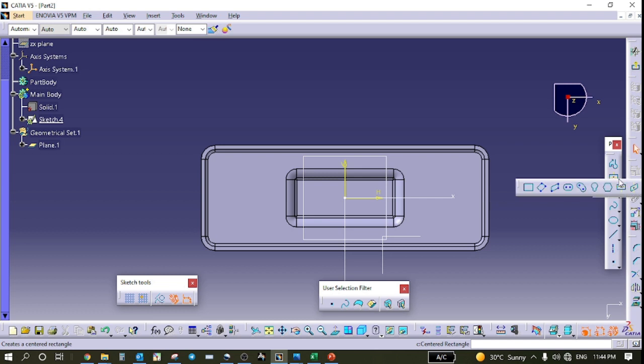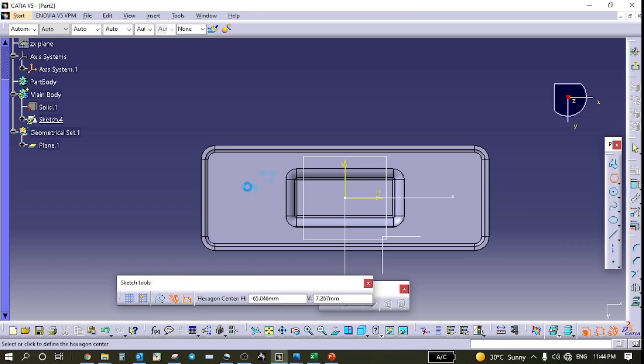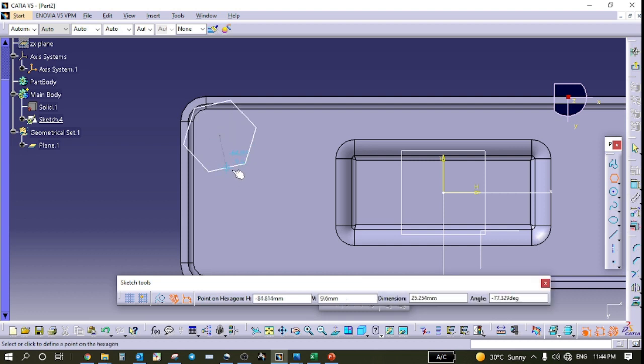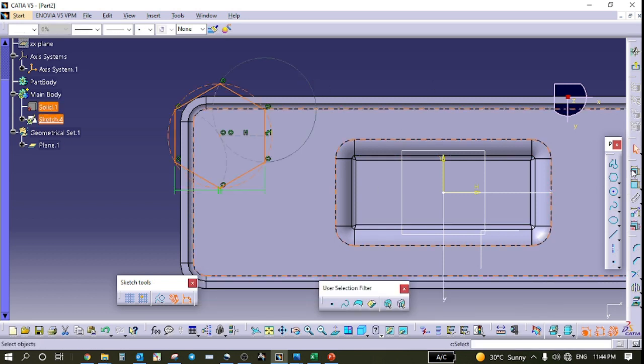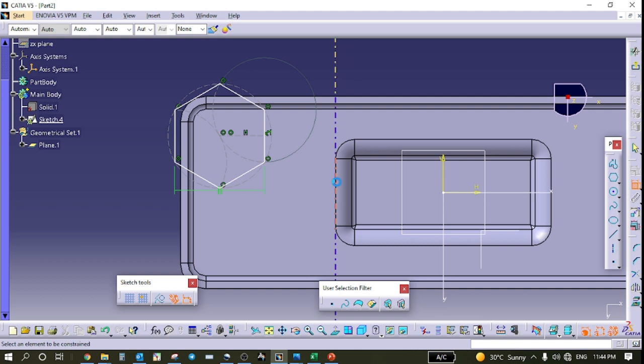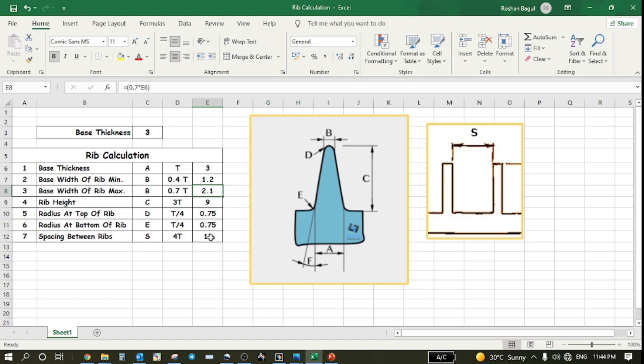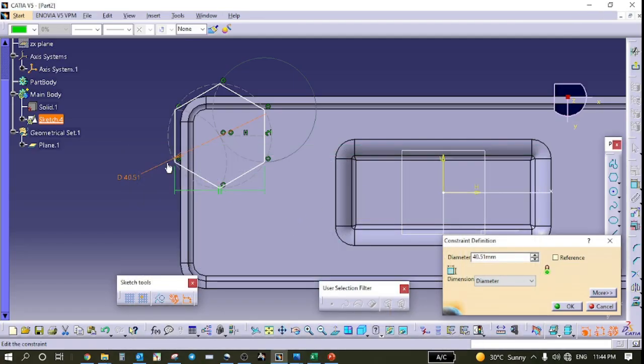For the honeycomb structure we draw a hexagon. The distance between two ribs is almost 12 mm, so we will maintain 15 here.